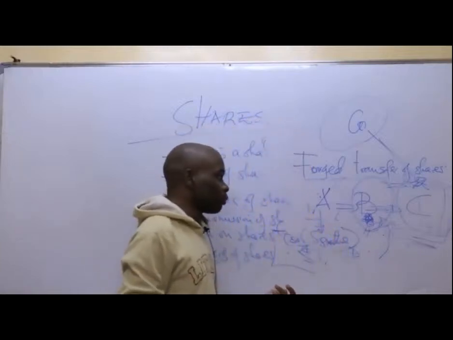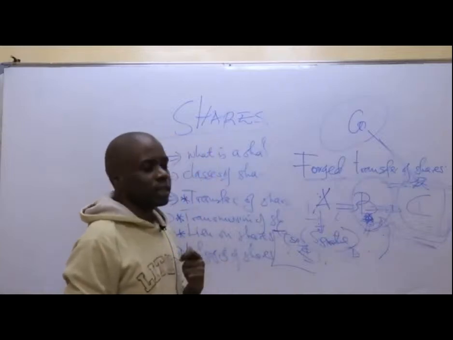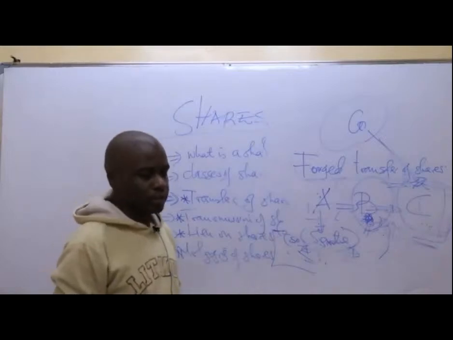So that's what we need to be able to know about the forged transfer of shares. It is actually null and void. It will never pass title. So what the examiner normally does, he'll bring a scenario. He'll say, for example,